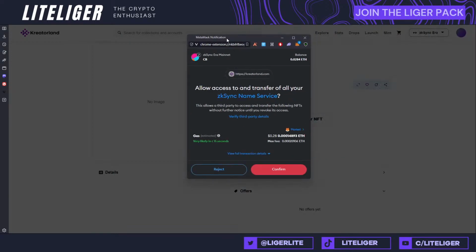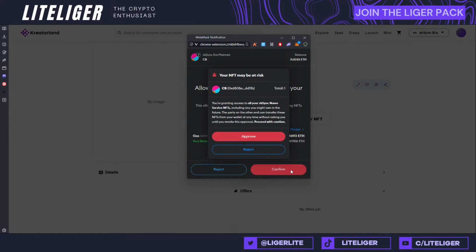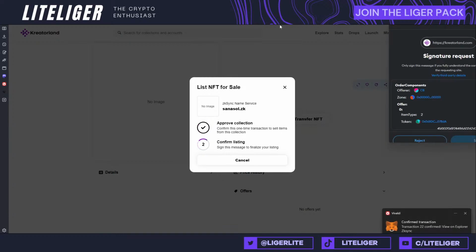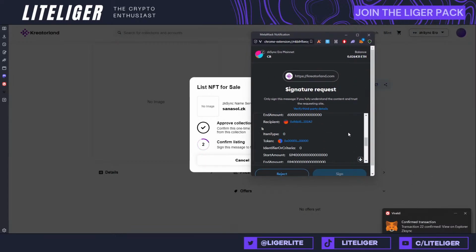I'm going to be doing transactions on Kreatorland because, by the looks of it, Kreatorland doesn't have their own token. And doing transactions here is really good because we get free transactions. No, I keep saying free transactions, but they're not free. These are easy, cheap transactions which accumulate for you, because you always want to farm on these platforms which don't have their own tokens. That's where you want to have multiple transactions. And obviously you want to have multiple transactions on multiple different things.